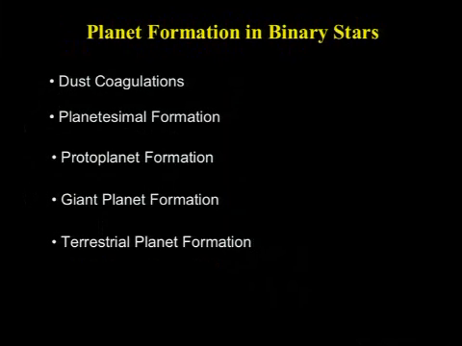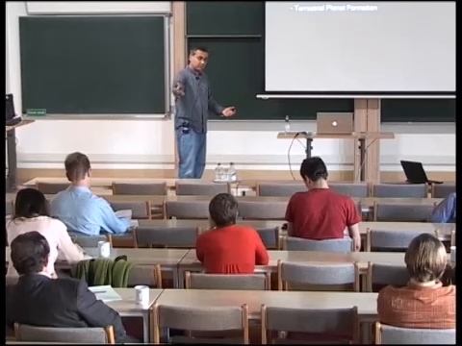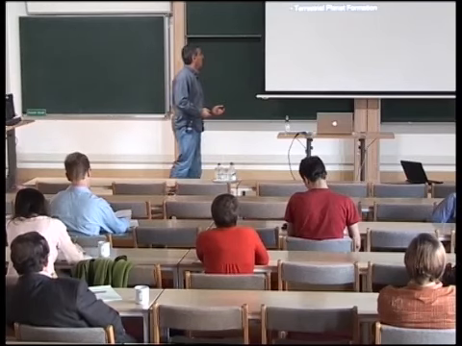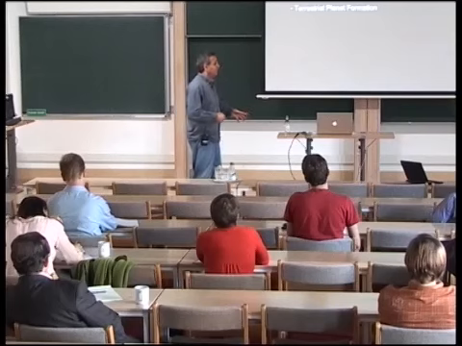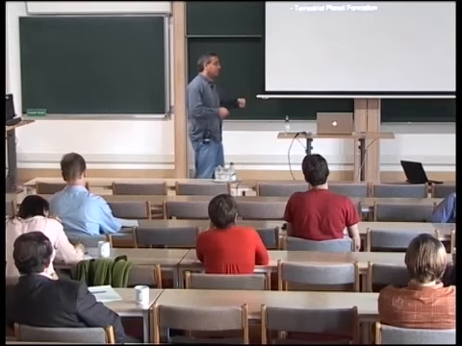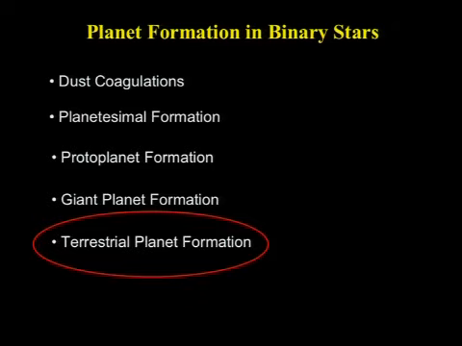So let's start with what we know from planet formation. We start from dust coagulation and then we go all the way to giant and terrestrial planets. The question is how these things will change as you introduce a stellar companion to the system. Well, it turns out that the work is very, very complicated, and the best way to understand how this works is actually to start from the bottom, simply because when you go to the latest stage of terrestrial planet formation, you will have all these protoplanetary objects, moon to Mars sized objects, that interact with one another and grow to terrestrial sized bodies.